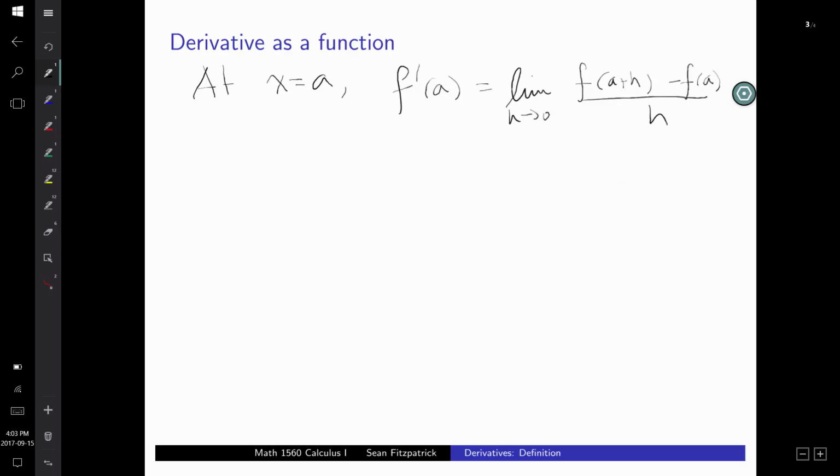And we're gonna be doing a few more videos. We're gonna do a bunch of examples where we calculate derivatives directly from this definition. We're gonna be following up this video with a bunch of those. And one of the things that you're gonna see in those videos is that